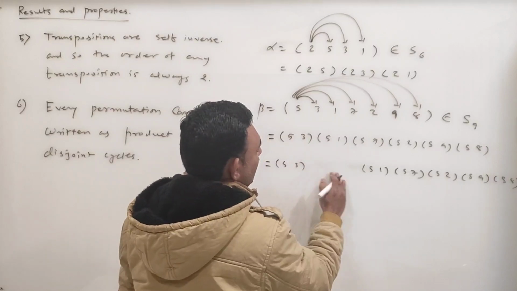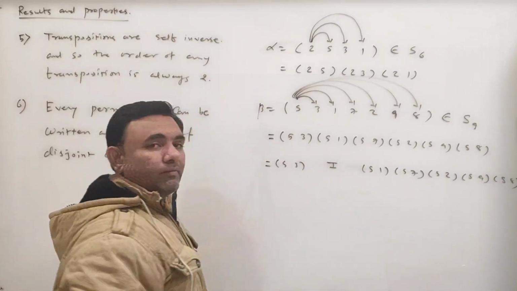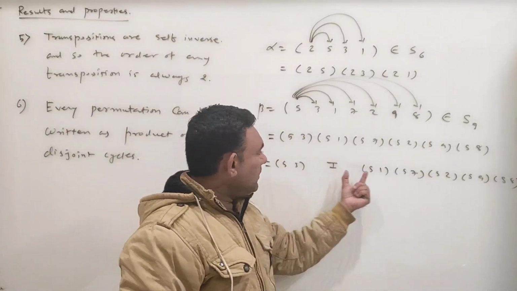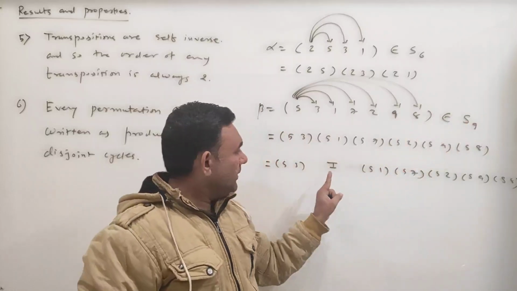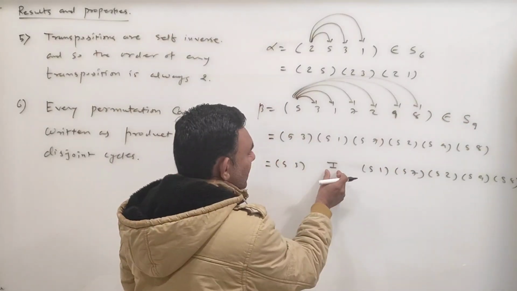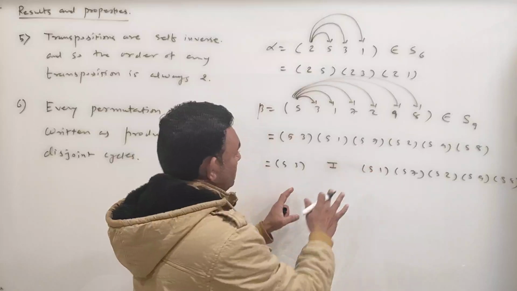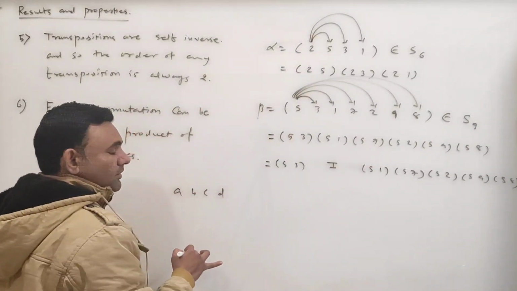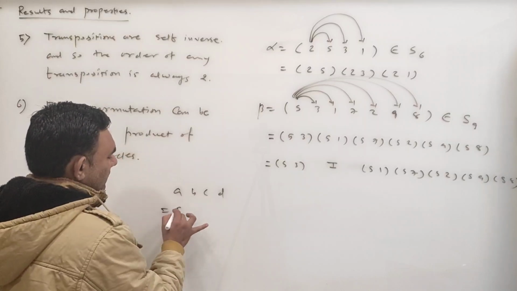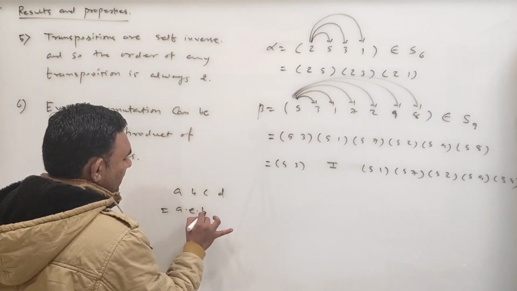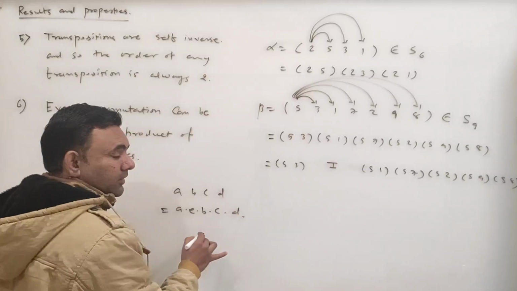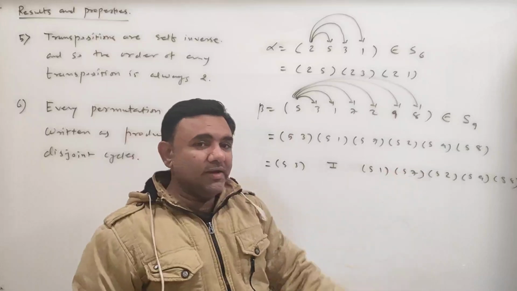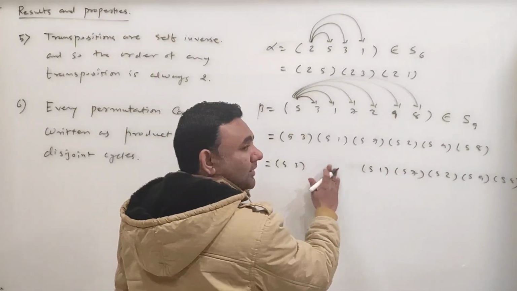Why (4 2)? Let me write here identity element of S9. So all these are elements of S9 and here identity. So this one into identity will be the same one, so I can write in this way. See, in group, suppose I have A B C D, then I can write A into E into B into C into D. E is identity, so I have just inserted identity, but I know identity can be written as what,